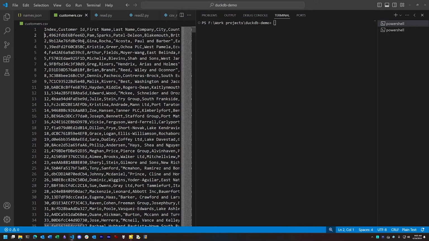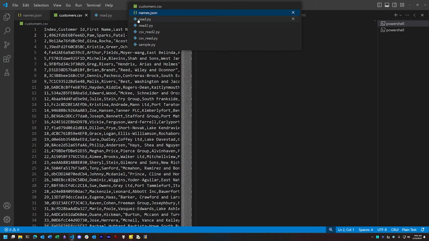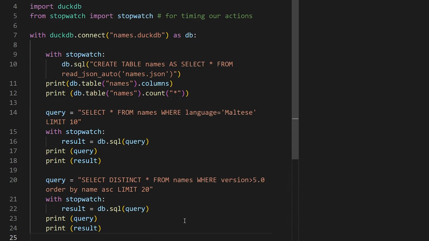I want to run some queries on these data sets using SQL syntax, and with DuckDB I can do that directly on the data in memory, or I can convert the data to a DuckDB native database and work on it persistently. Let's start with a JSON data set, and let's set it up for persistent work. To set up a new empty DuckDB database, I can use a context manager in Python like this. This will either create a new DB with this name or it will open an existing one.